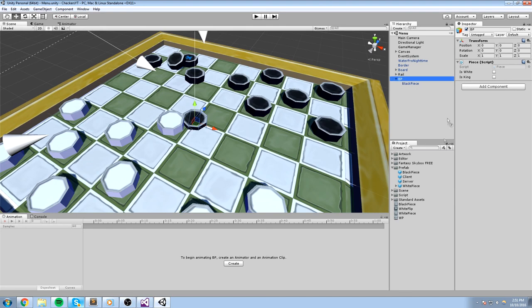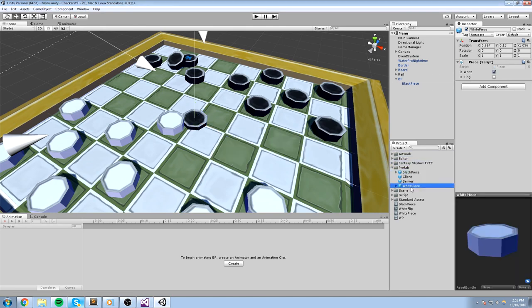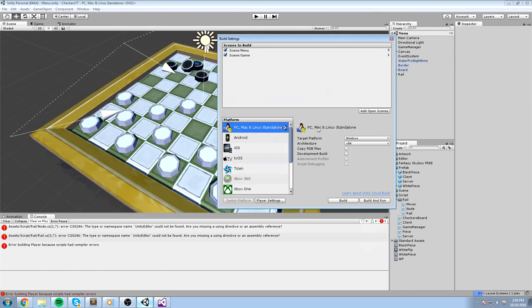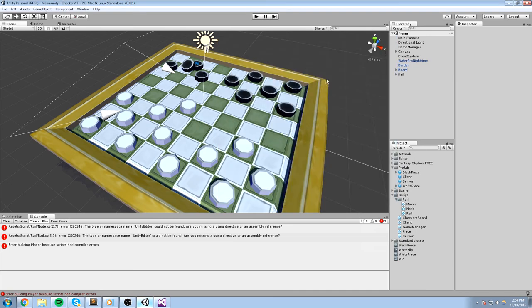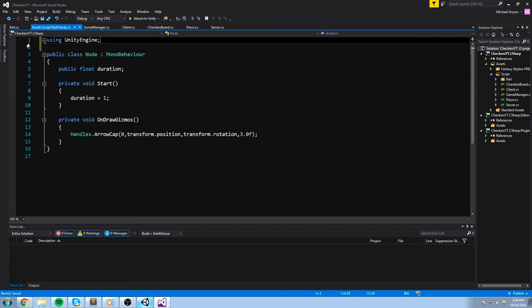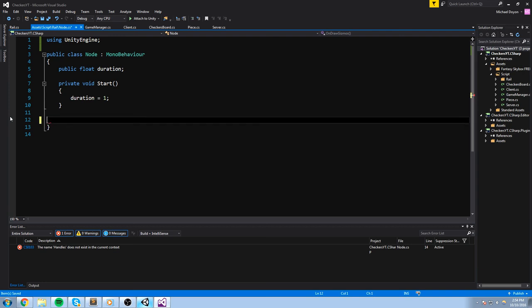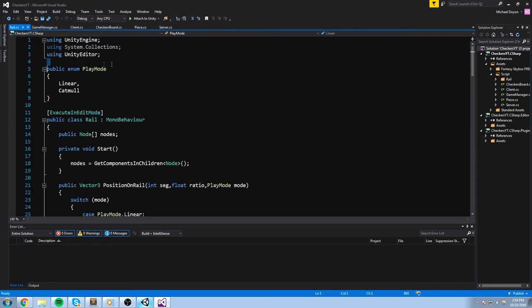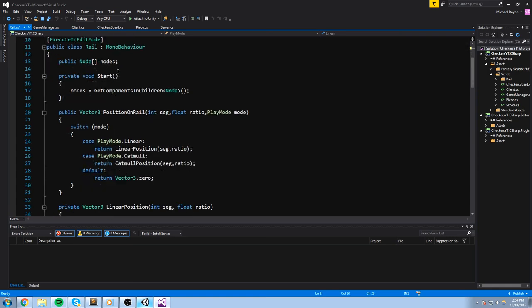We are going to drag and drop this on black piece, and seems to be fixed now. And in order to actually test this out again, we have to modify the rel script a little bit because we're not able to use Unity Editor. So what I'll do is I'll just remove Unity Editor here. I'll remove the onDraw gizmo in my node script, and I'll go back inside of rel, remove Unity Editor, and